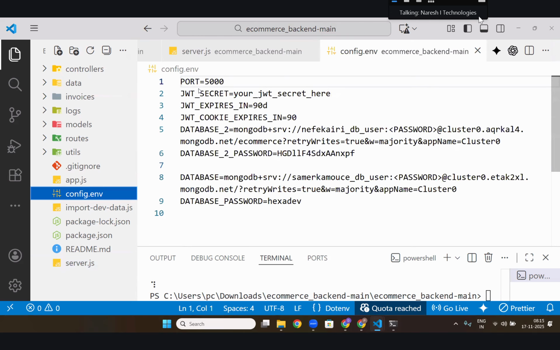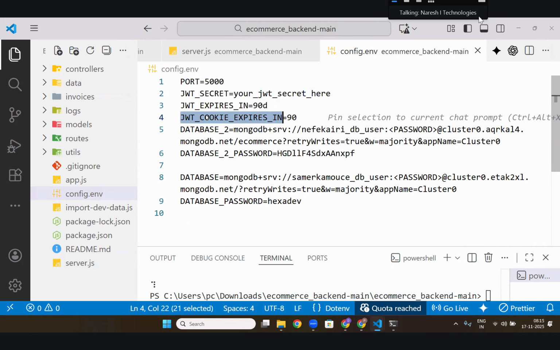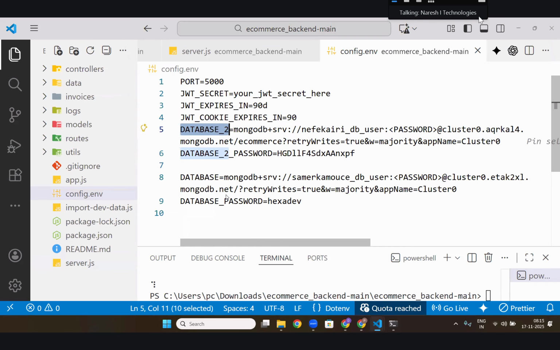In this he has port, JWT secret, JWT expire, JWT cookie expire, and database link, and he gave his password also, which is actually wrong. If he gives the password directly, I can connect to his database, na?